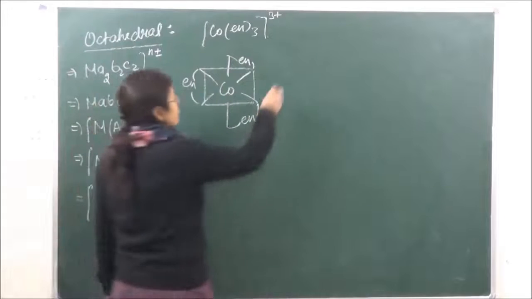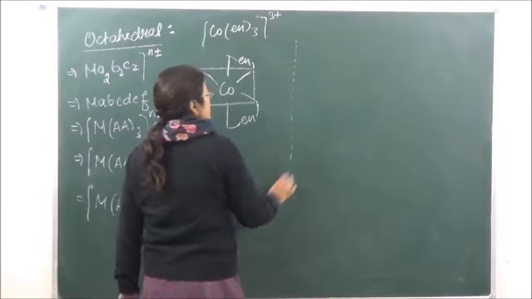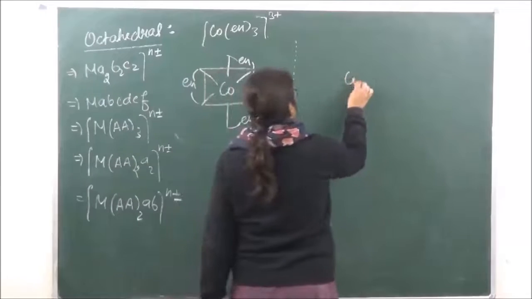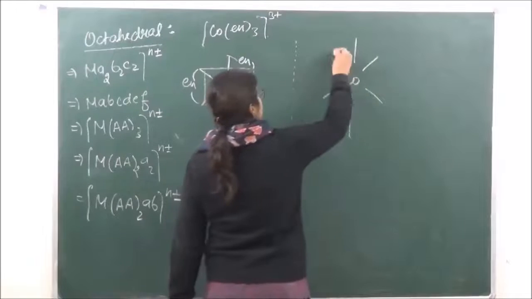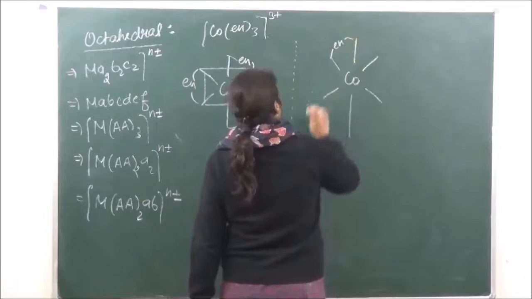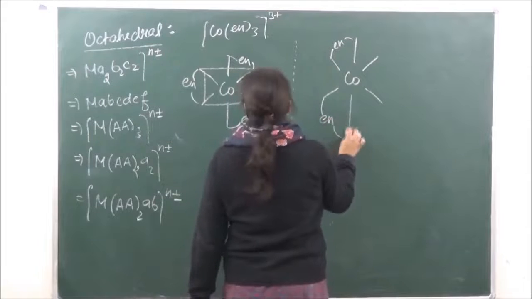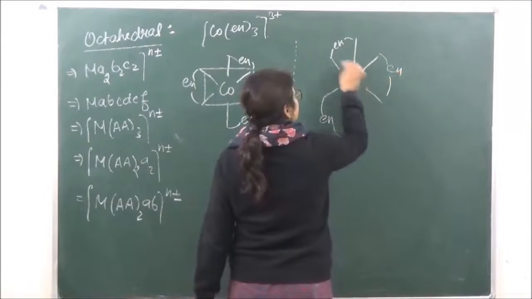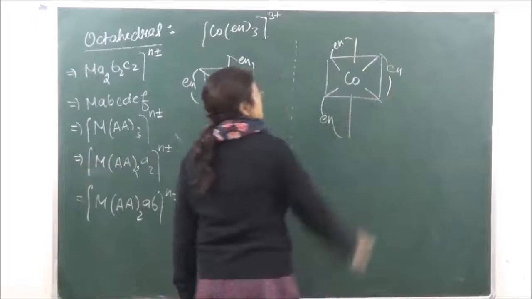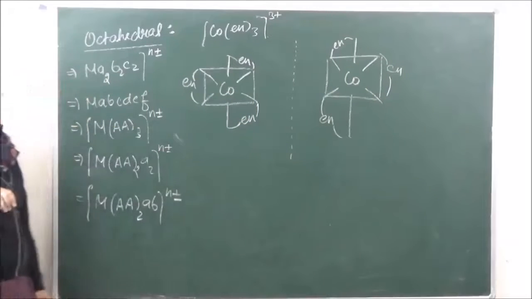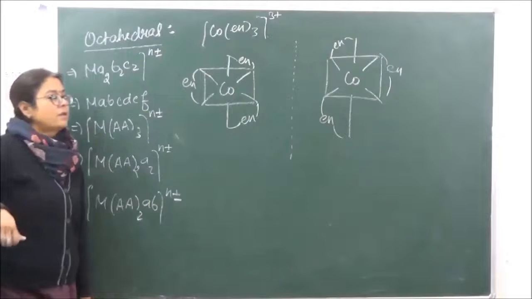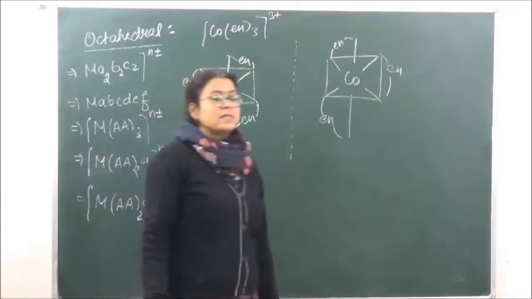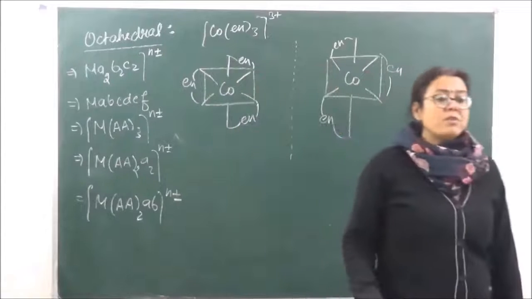Now over here, if you draw the mirror image, what are we going to get? We will get cobalt. Again, draw all the 6 positions first. We have one over here, then one over here, and one over here. So again, these are going to be non-superimposable mirror images. So these are optically active. Is it clear? So this is what cis, trans and D and L configuration mean.